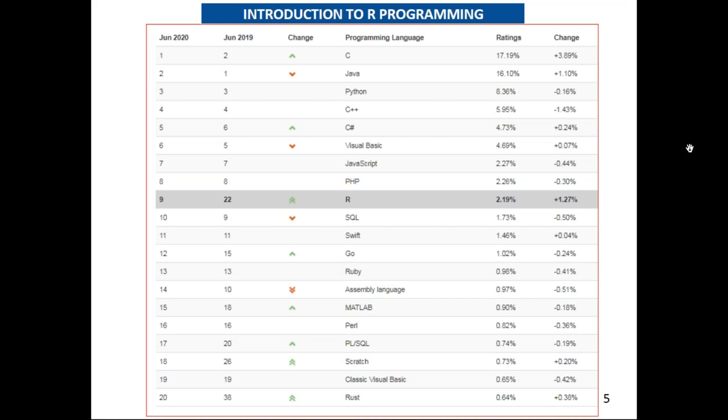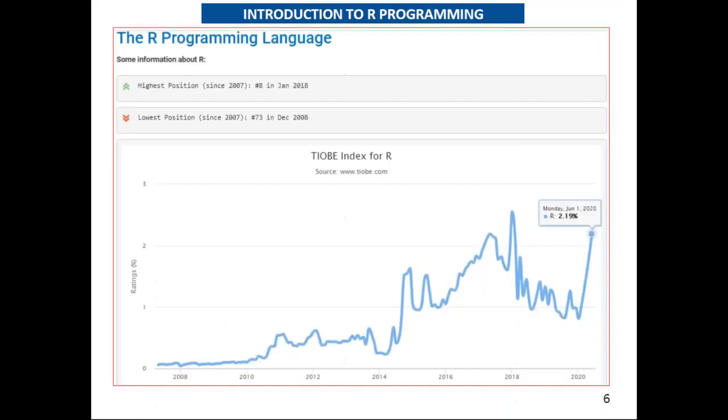Now coming to the detailed example of the R popularity. The highest position since 2007: it was in 8th position in January 2018.